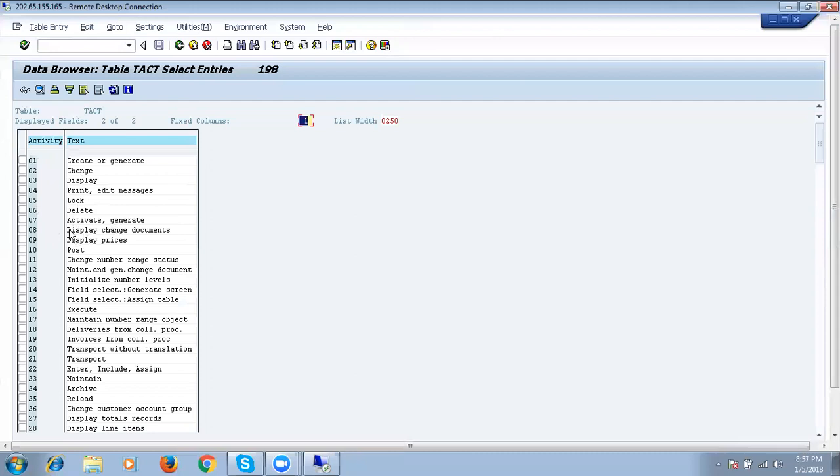So these are the values. As per this table only, we can give the values for the user. So 03 is display. Everything is for password, this lock and unlock password also. What about 03? 03 is display, see here. Display user ID.